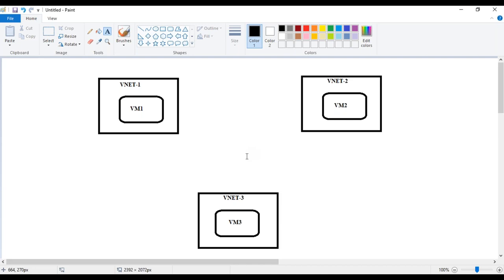So what we need to do is establish something called VNet peering, which is called VPC peering in AWS. So what you're supposed to do is have connectivity. Okay, so for example, this. That means VNet 1 is directly connected to VNet 3 now, and VNet 1 is connected to VNet 2.